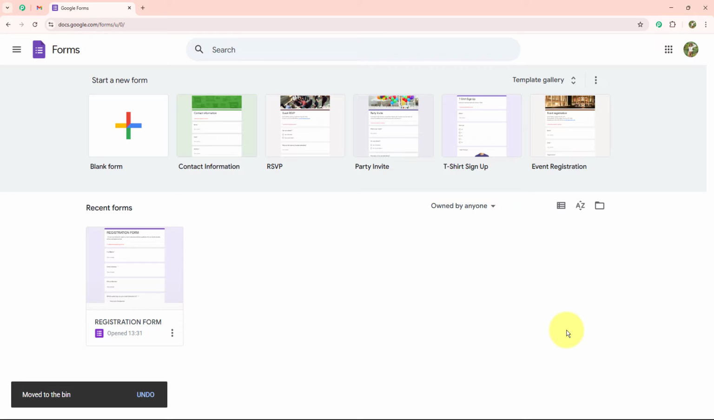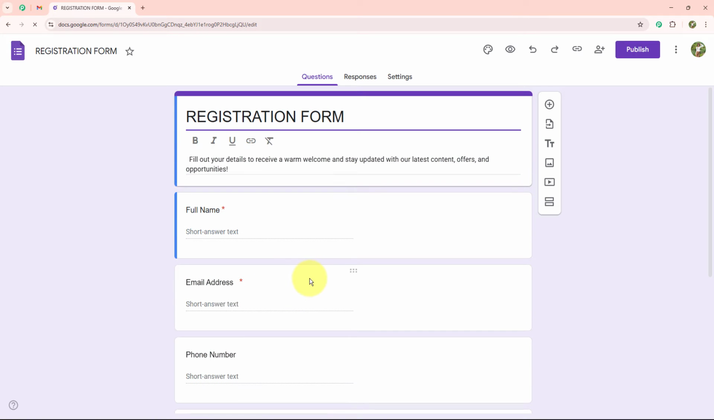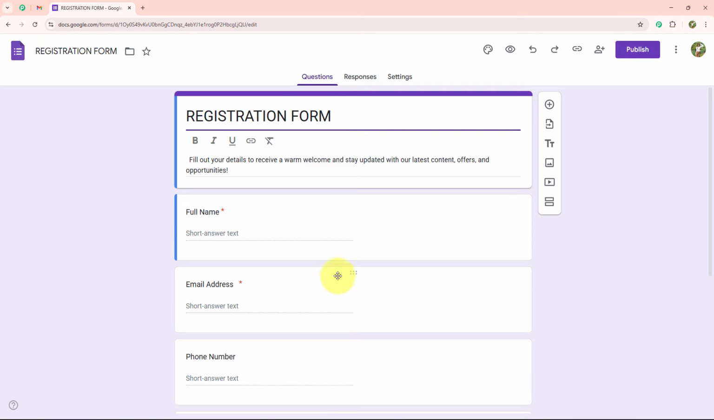Now we have come here to the application of Google Forms. Here you can see I have already created this registration form. But if you want to create a new Google form, you can go towards this blank form and create one. So I will move forward with my registration form which I have already created, and here as you can see this is my form which I have created for registration forms, and also mentioned the description and categories like full